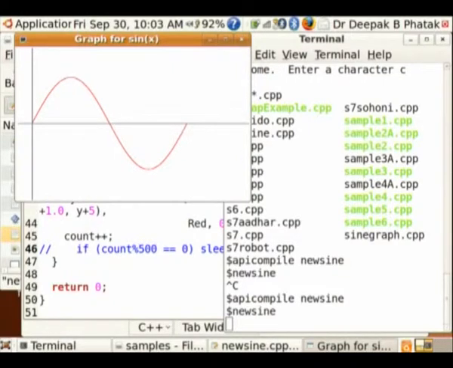So it is drawing a sine graph, but you can draw any graph. Notice that the points which are drawn here are different from the points which you drew in the earlier graph for the ECG. There the points were sort of small rectangular blocks. Here I am using a different technique. Remember what I said, that you can't draw points in EZ Windows. So either you draw a small rectangle to show a point, or here I am drawing a line from a point to itself. So that becomes a point, it's cheating.